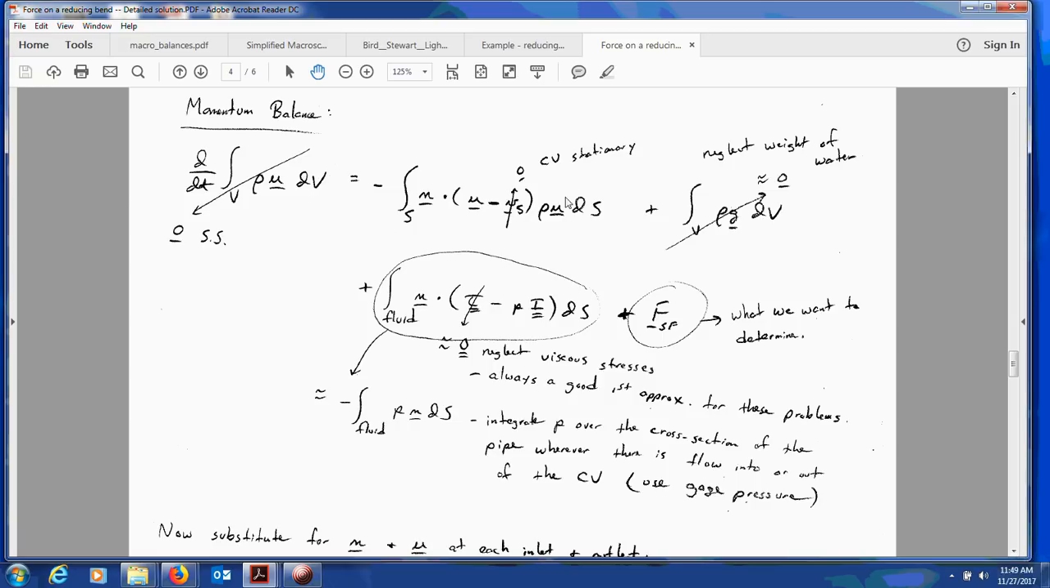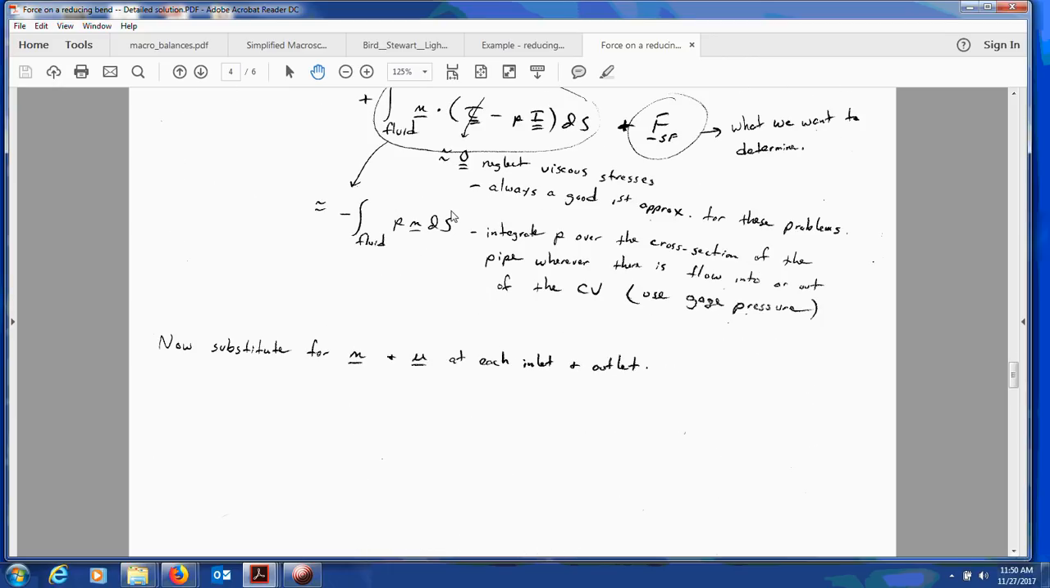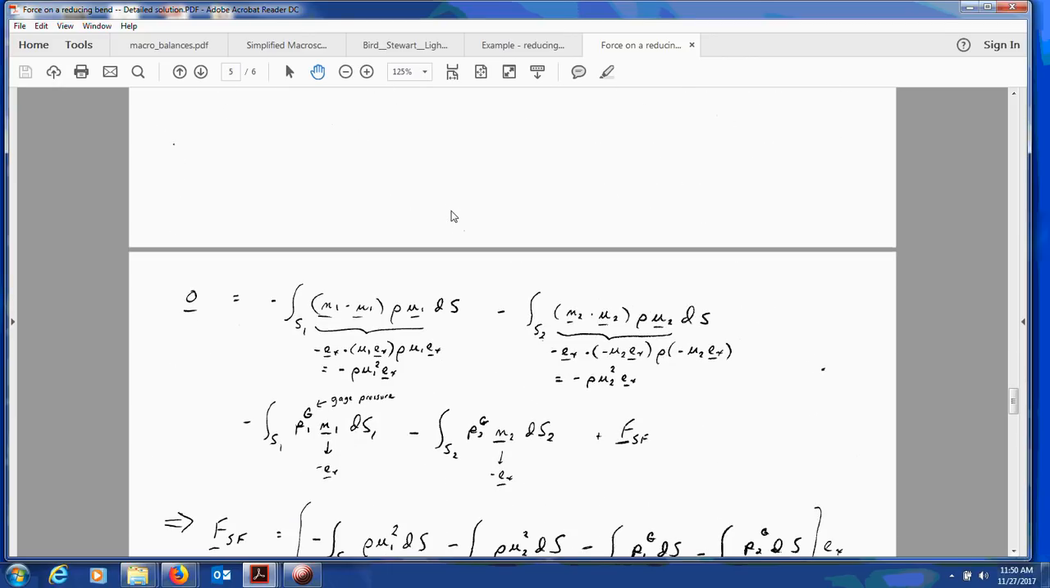So with these simplifications, the next step is simply to substitute for the unit normal vector n and the velocity u over the inlets and outlets. And we can rewrite this surface integral over S in terms of the sum of integrals over S1 and S2. And if we had more inlets and outlets, we would add those in as well, just as we did for the mass balance. So, proceeding with these substitutions, we find that